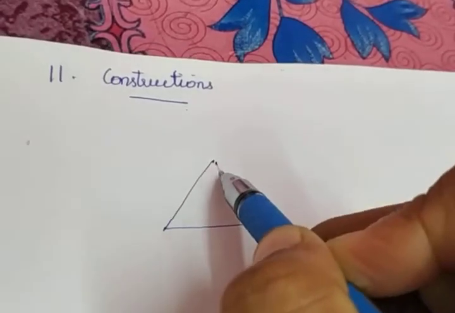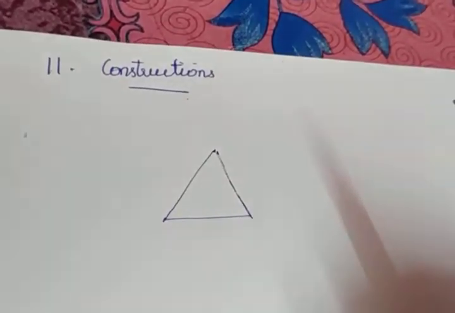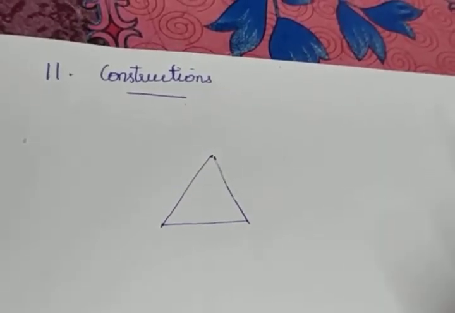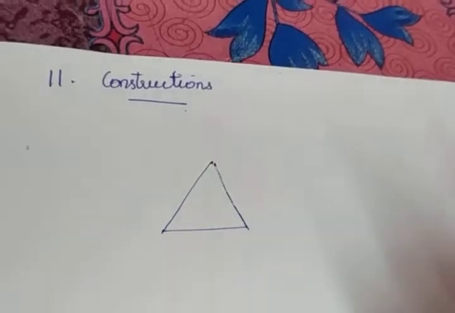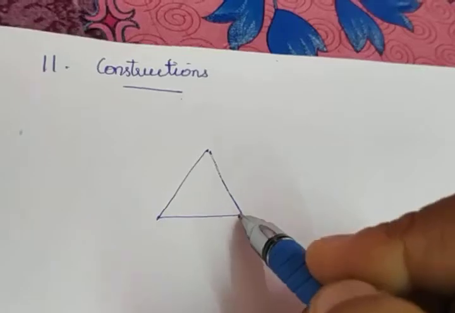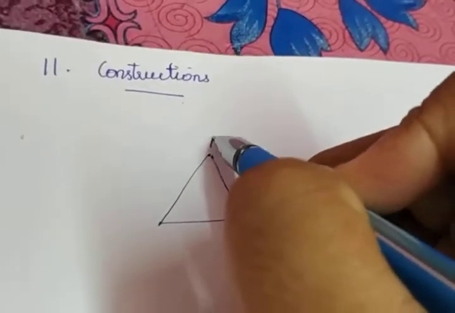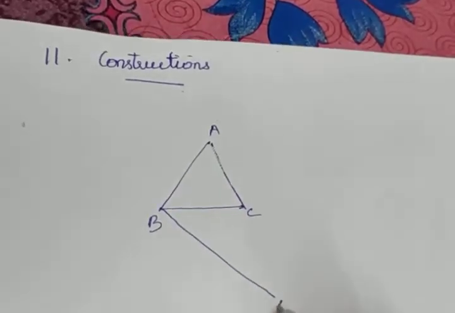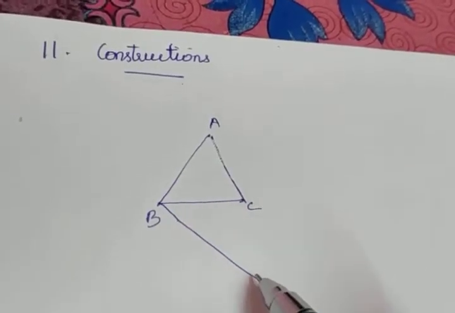Sometimes it will be given that it is isosceles, otherwise it will be given that it is a right triangle, otherwise the sides will be given, and in some cases two angles and one side are given, so it depends. So according to the question, we will be drawing the triangle. After that, the next step is, if I am naming the triangle as ABC, I will be drawing a ray like this, and I have to mark a number of points.